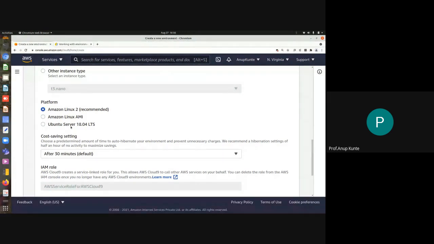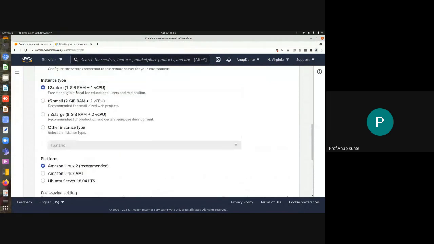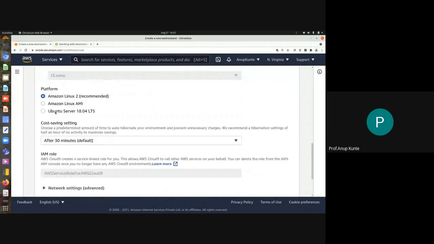Any Ubuntu server, when you install, whatever configuration it will have as a base configuration, that will be available with this installation. Okay, we'll go for currently Amazon Linux 2 because it will be lightweight for the instance that we have chosen. Already it has only 1 GB RAM. The instance has a very small RAM and there's only one virtual CPU. So if I choose Ubuntu Server 18.04, it might not be a valid choice. Okay, क्योंकि वो खुद को ही रन करने के लिए उसको ज़्यादा मेमोरी लगेगा. तो अपना चॉइस के हिसाब से we have to select Amazon Linux 2 only because it will be lightweight.